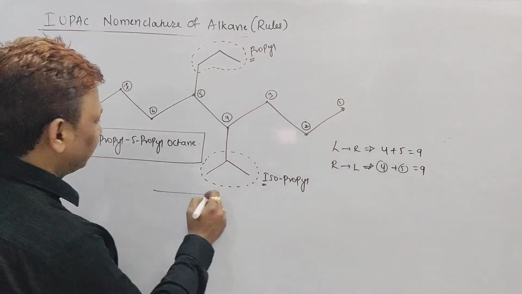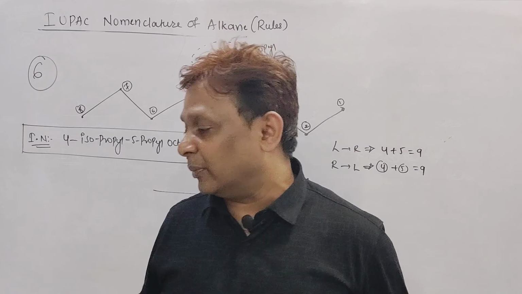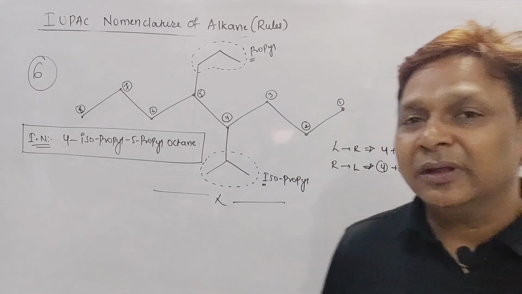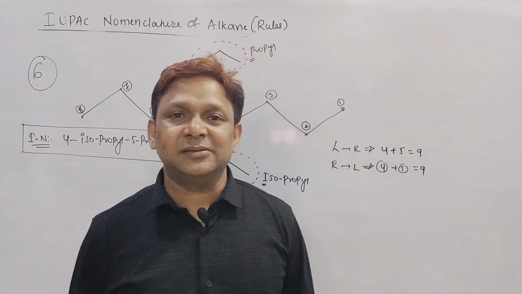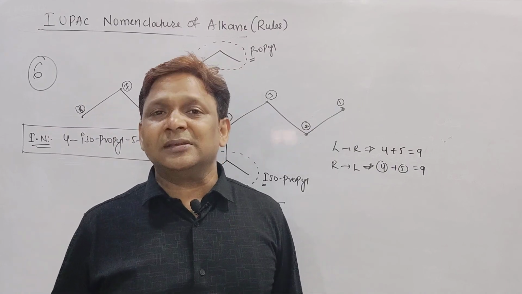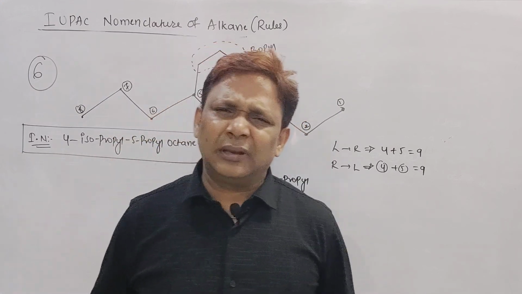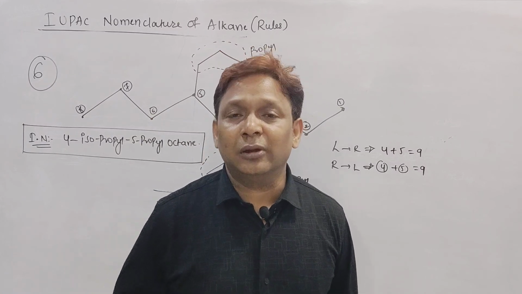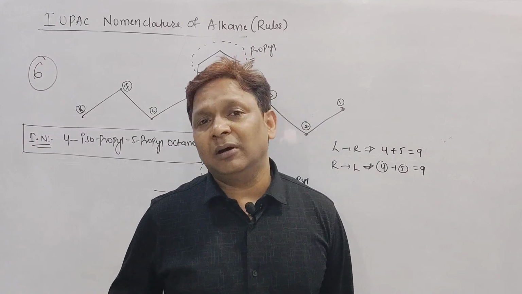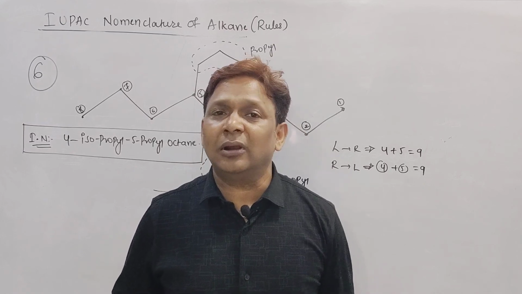So these all are the examples, 5 to 6 examples which I have shown. It is completely based on the rules for IUPAC nomenclature of alkane. Please beta, again just all the examples whatever we have gone through, please note down all these examples in the book and practice, because it is not that easy to see on the board and remember. Please note down in your notebook and practice this question whatever we did here. Once you have completed this, and whatever reference book you are having beta, please try to solve or try to write the IUPAC name for the alkane. And for writing the IUPAC nomenclature of any alkane, these are the 5 to 6 rules which I have given. Follow the rules according to the order which I have given.